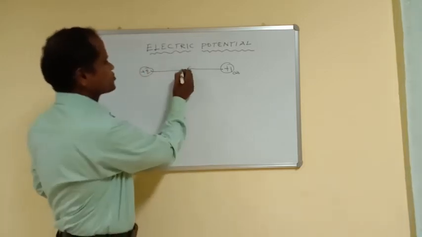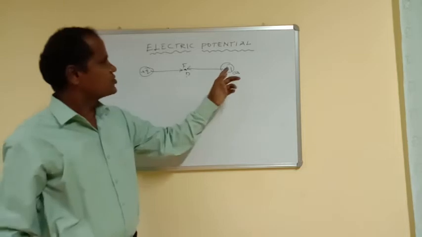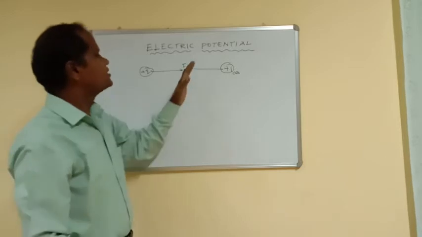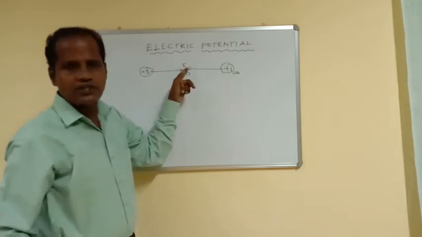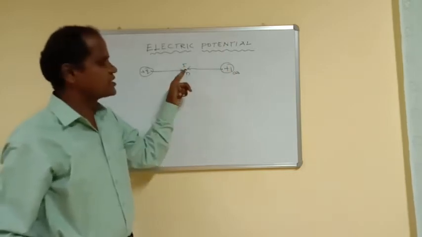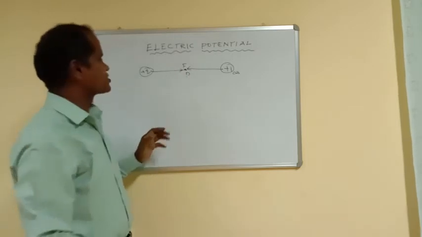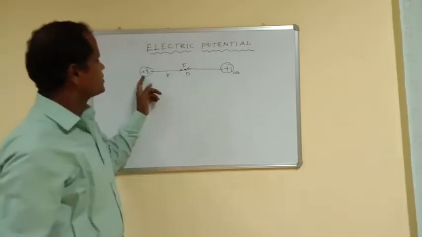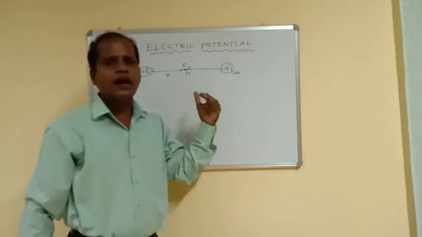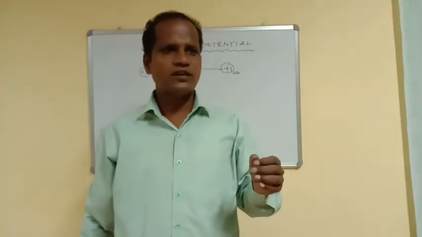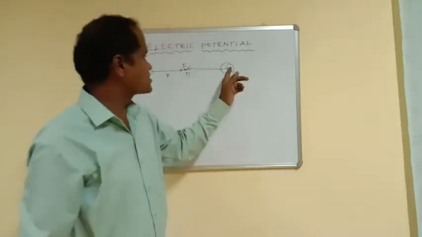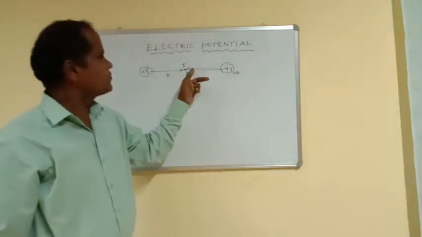So a repulsive force will be acting in the opposite direction. To bring this unit positive charge, we have to do work. This work is stored as energy, or that energy in bringing this unit positive charge from infinity to that point is stored as energy. That energy is called electric potential. So here suppose this distance is r. We can derive the equation based on this definition. So electric potential is the work done in bringing a unit positive charge with constant velocity against the electrical repulsive force of the charge.